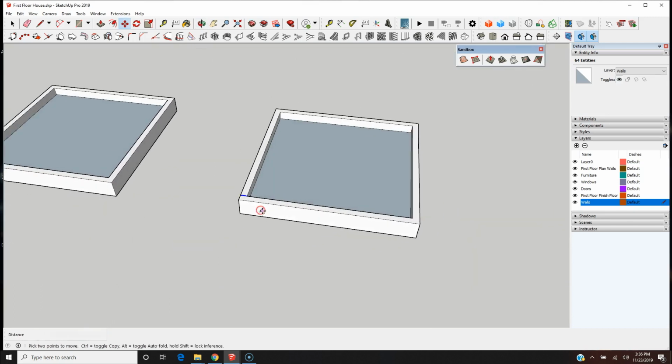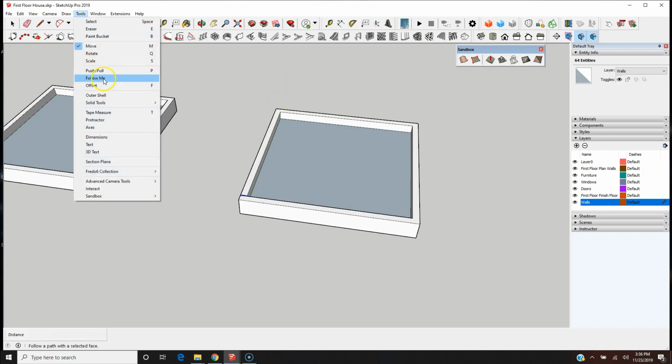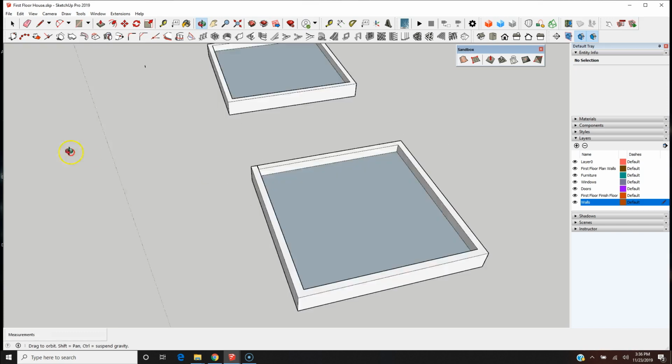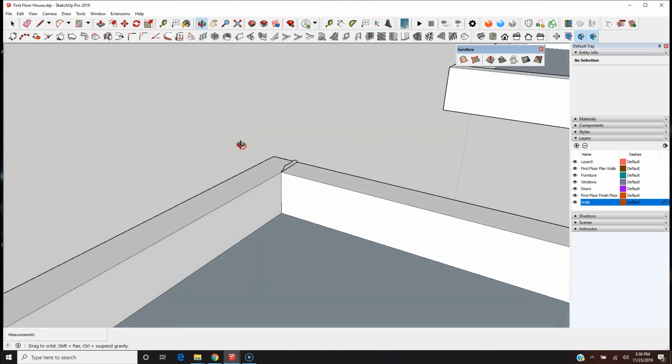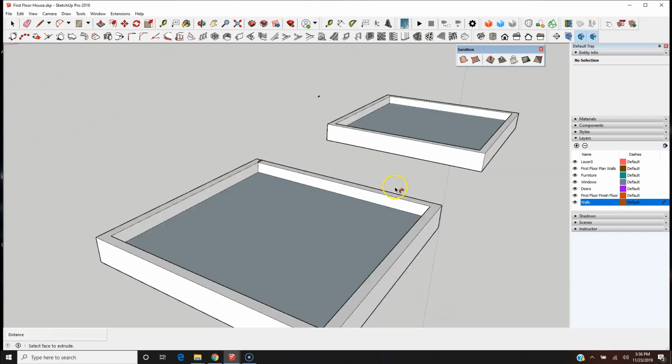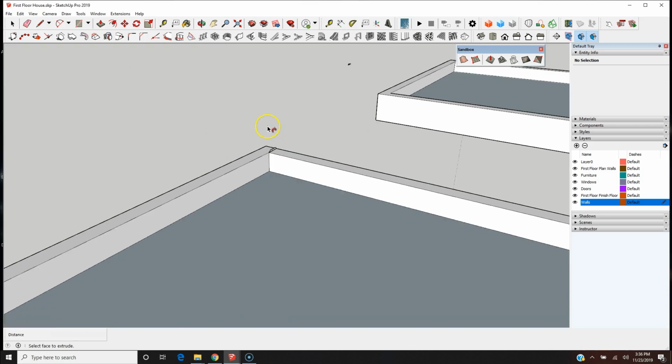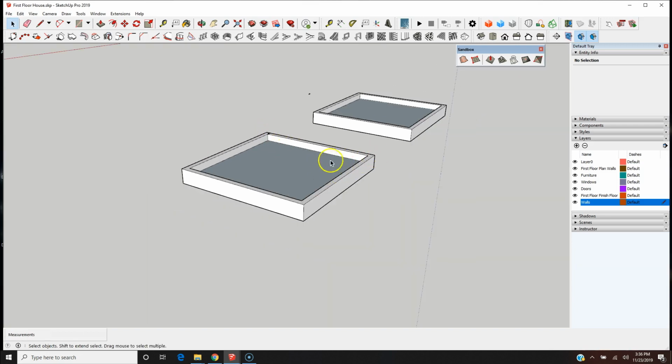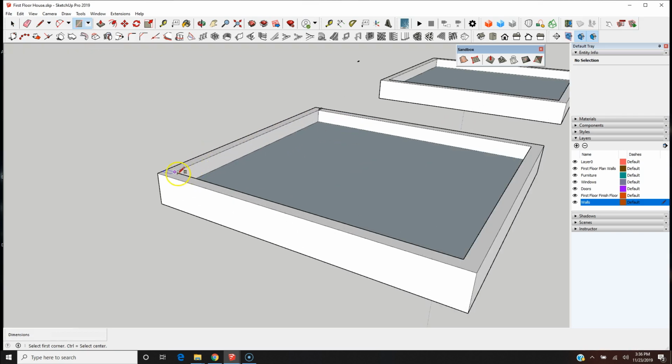So here is where I'm going to use the Follow Me tool. And I'm going to come and grab this and pull. So here's the thing. When you make something a component, it's not going to recognize there's any surface there. So here I'm making a rectangle,